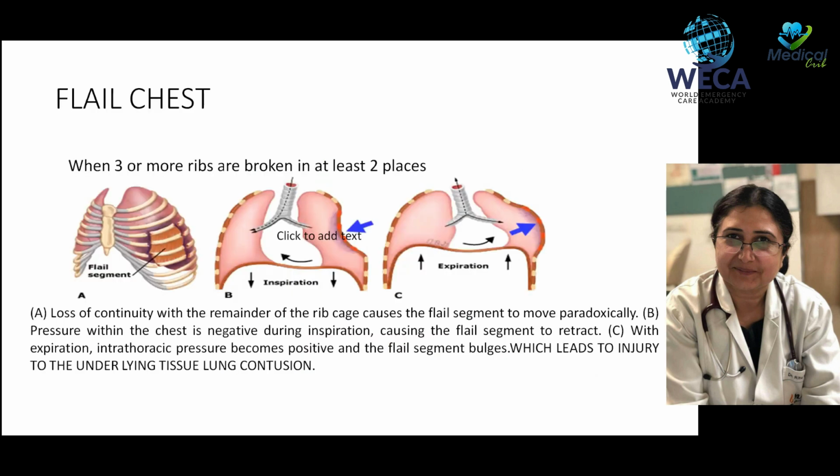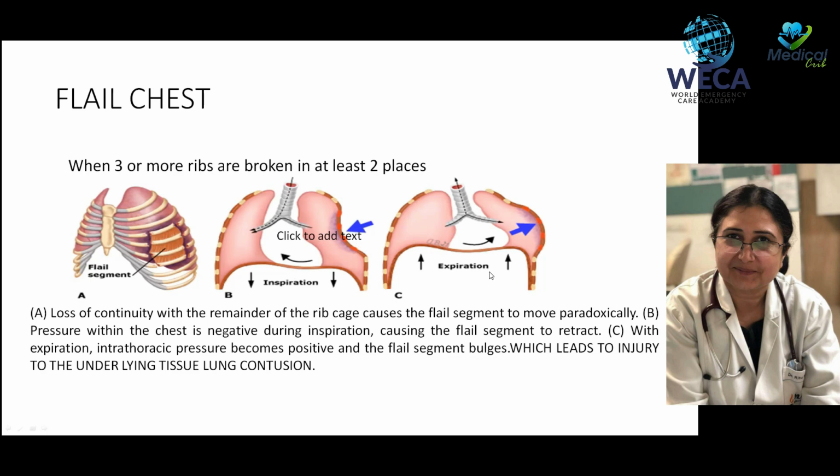Flail chest. Flail chest is when 3 or more ribs are broken in at least 2 places with loss of continuity with the remainder of the rib cage, causing the flail segment to move paradoxically. Like here in this picture, during inspiration, the flail segment is retracting in, and in expiration, the flail segment is bulging out,